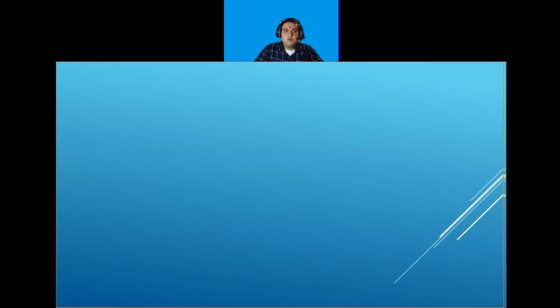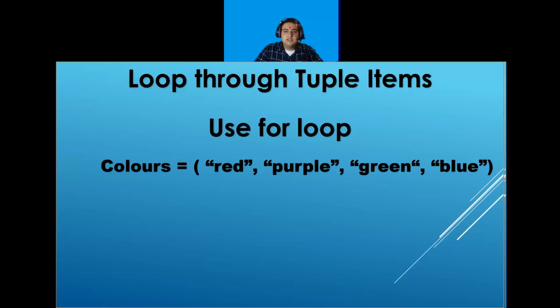So my next topic is loop through tuple items. You can loop through the tuple items by using the for loop. So for example, here is my tuple. So I will write for, I will mention the new variable which is I in the variable name which is colors, and I will print I because all my tuple elements are going in I one at a time.